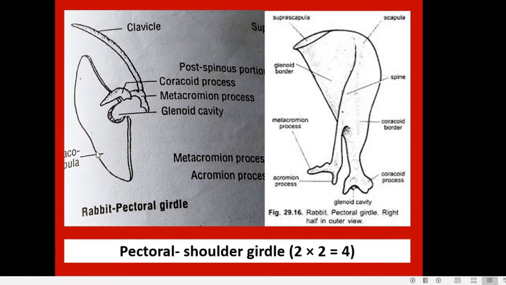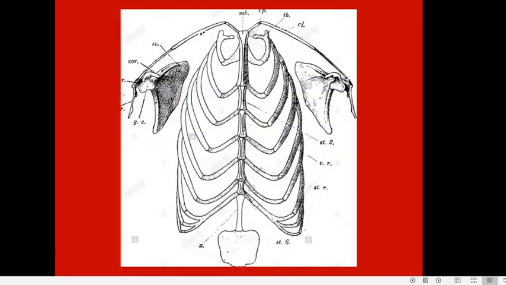So this is a view from the ventral side of rabbit. Here in this diagram, this is the coracoscapula where you can see the coracoid process. And this bone is called the clavicle. This rod slender-like bone is called the clavicle. So these two make up 1 half of the pectoral girdle. Similarly, you can see a clavicle here and the coracoscapula here. So altogether the pectoral girdle makes 4 bones.